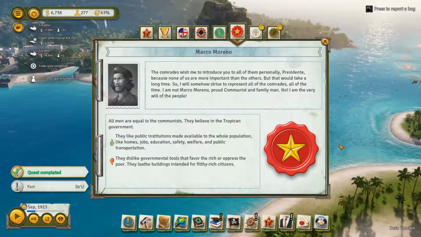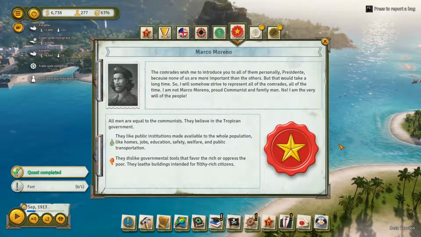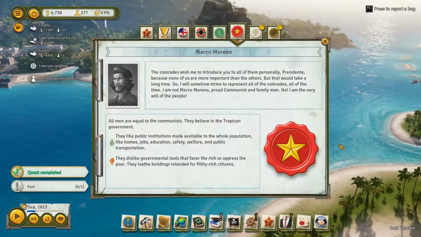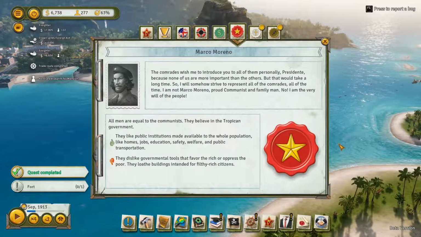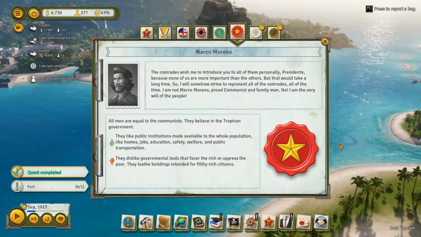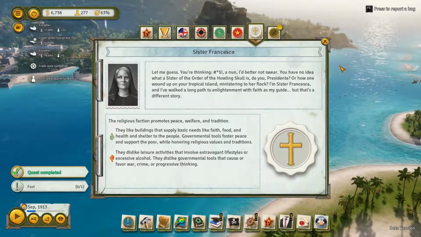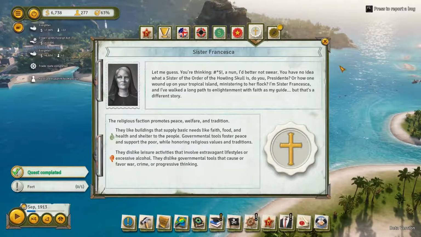But that would take a long time. So I will somehow strive to represent all of the comrades all of the time. I am not Marco Moreno, proud communist and family man. No, I am the very will of the people. Let me guess. You're thinking,